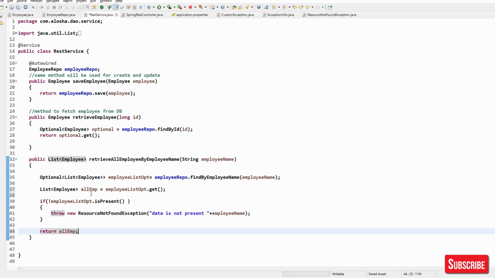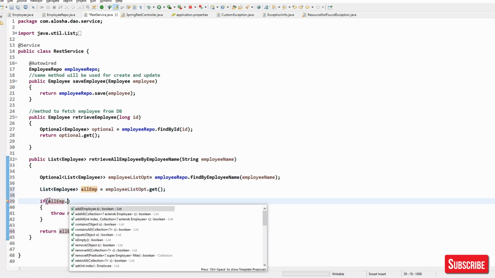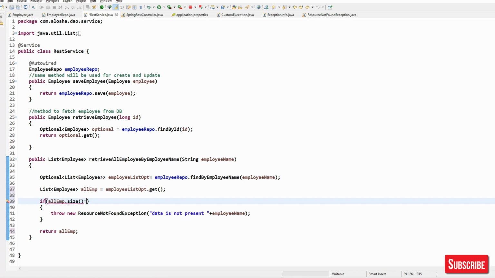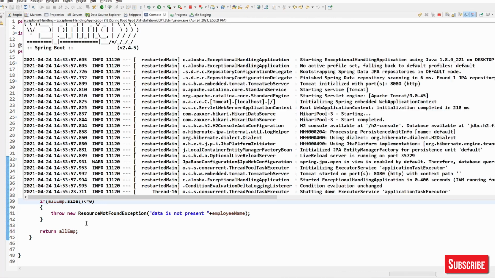And if the size is less than or equal to 0, then in that case we'll go with this exception.